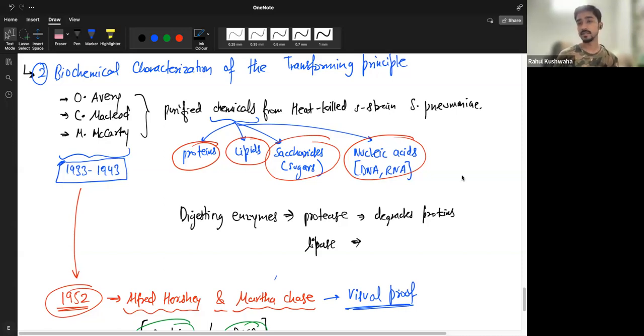So what they did, they used digesting enzymes, right? They took the whole cell extract and first they put protease, so all proteins were gone, but still there was transformation. Then they put lipases, which means all the lipids were degraded, still there was transformation. When they degraded all the DNA using DNase as an enzyme, there was no transformation. So the negative result where the transformation was not happening is a more robust proof to say that DNA is